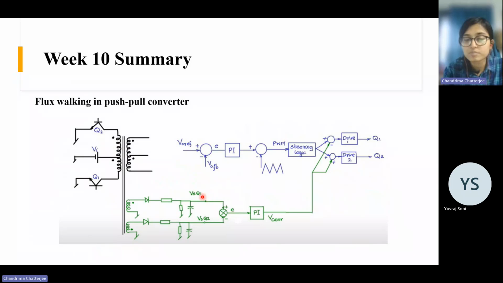We can find out the difference between the positive voltage and the negative voltage. Ideally, it should be zero, but if there is some mismatch between the positive voltage and negative voltage, then this error is fed to a PI controller, and some correction voltage is generated at the output of the controller, which is added with